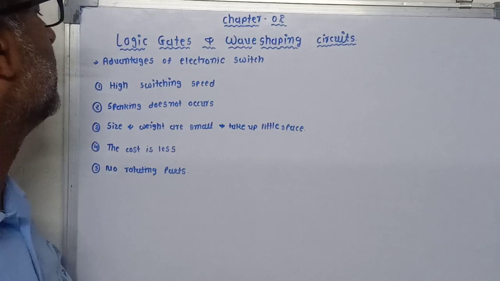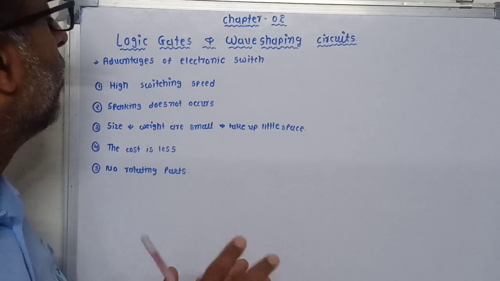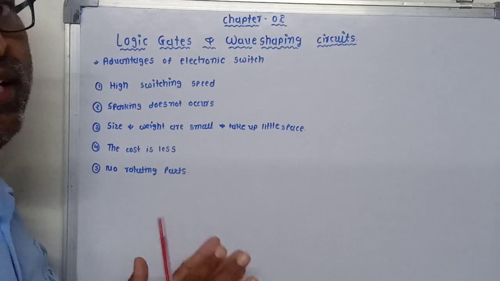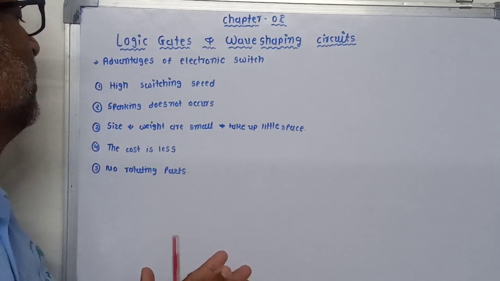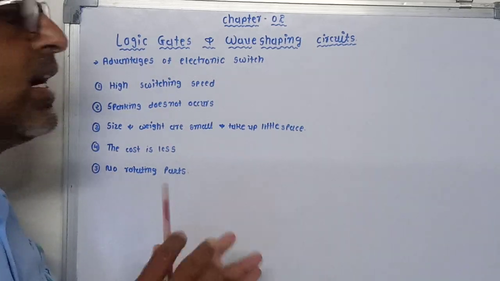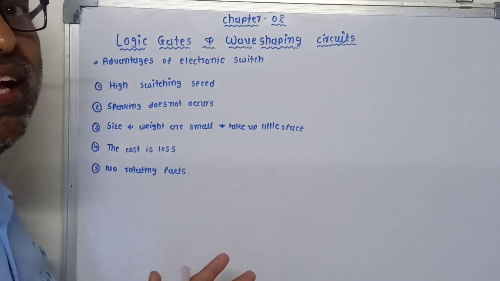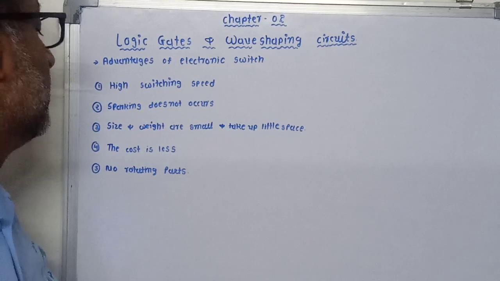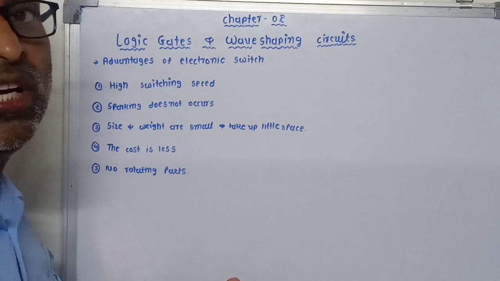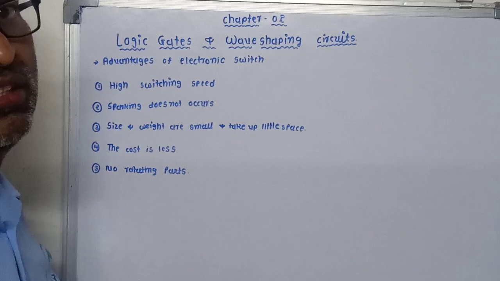Now the electronic switch has high switching speed, so you can turn the circuit on or off quickly. The sparking does not occur at the time of the breaking period, so there is no sparking across the terminals. Third, the size and weight of this electronic switch are small, and it takes little space. Now the cost of the electronic switch is less, and there is no rotating part, so there is no problem related to friction. It also reduces the